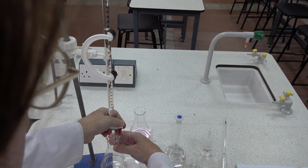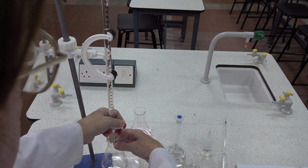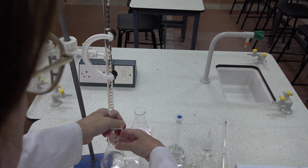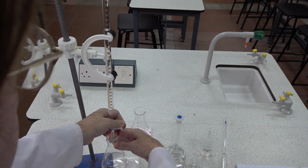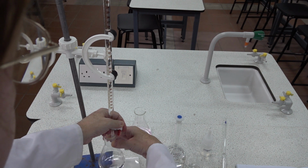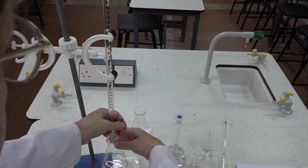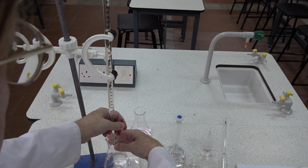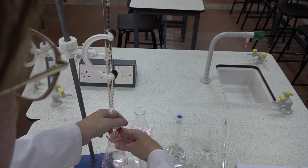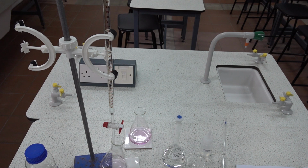So now we are very close. Fine control of the burette tap. Got a drop hanging at the bottom of the burette there, in fact. We want it to fall into solution. There we are. Not quite. Got a bit of a stiff tap there, so I was lucky with that addition. Better. One more drop, and that is worth taking a reading at that point. A very pale pink coloration there, and that is in fact